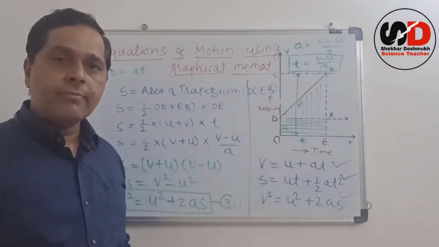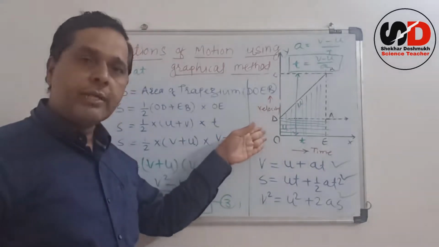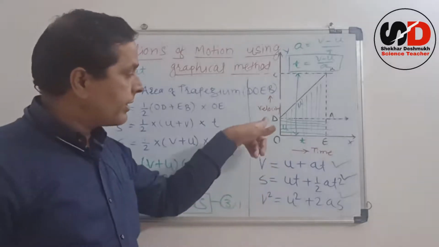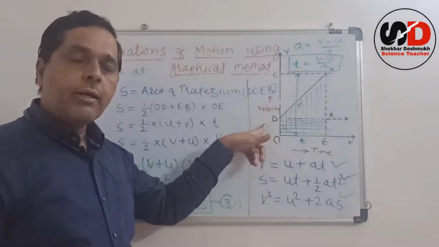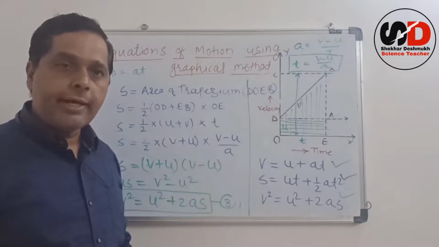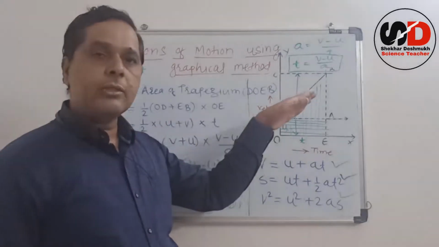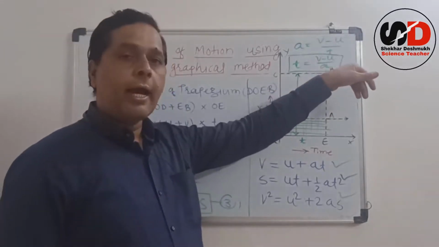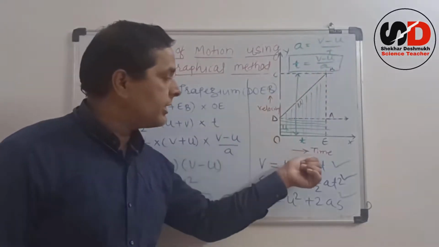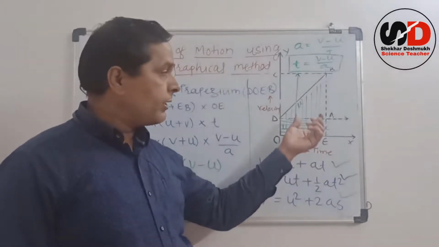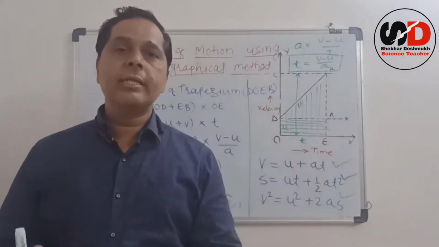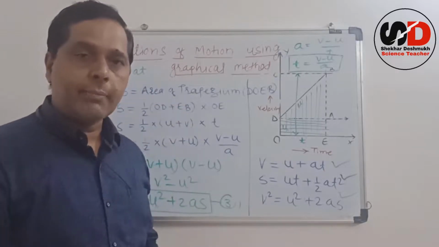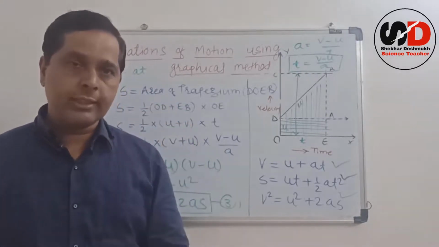आणि त्याच्यामुळे, and this is for the object which is moving with non-zero initial velocity, that is U, and acceleration A is applied on it, therefore the velocity is increasing. We take the graph of velocity time graph, and by using this graph we can prove these three equations of motion. आता मी एक पटकन रिव्ह्यू घेऊया, आपण आतापर्यंत काय काय बघितलं ते, तीन इक्वेशन्स कसे प्रूव्ह करायचे ते